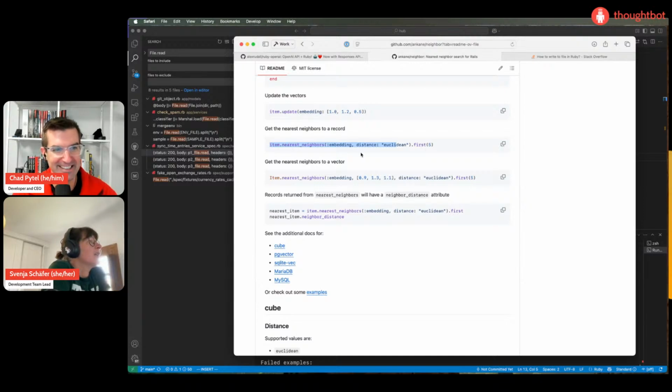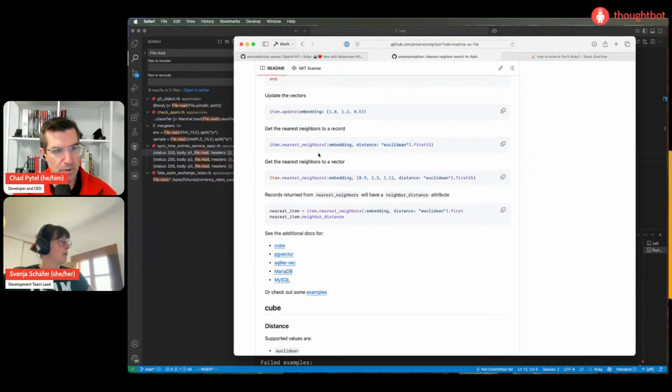Euclidean. Yes, you did it. Okay, now I need the translation into German. That's what very often my day looks like, but same with embeddings. Euclidean. Sounds nice.